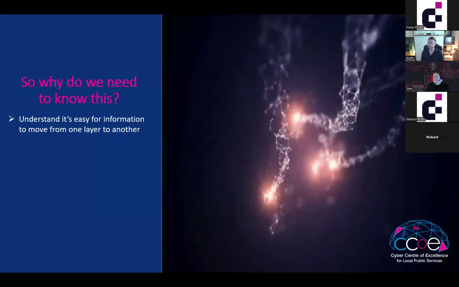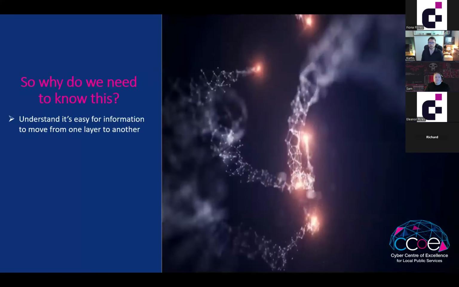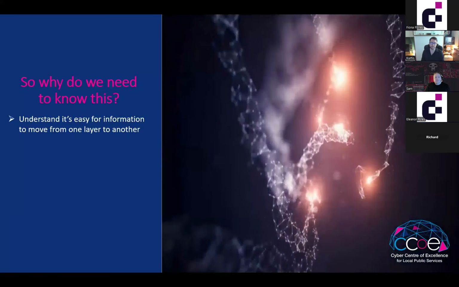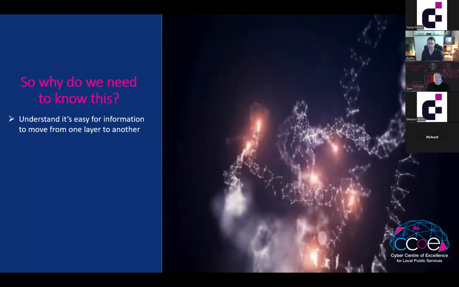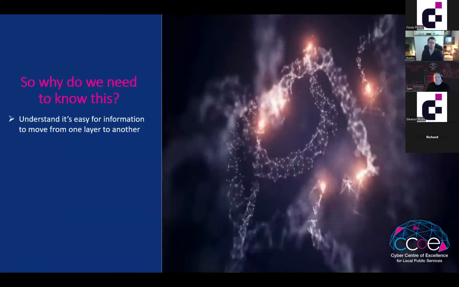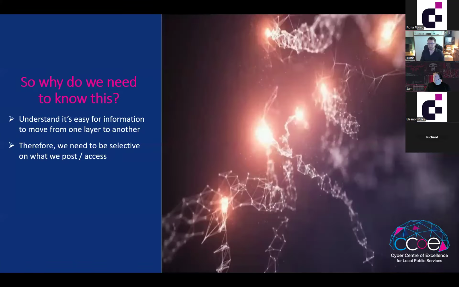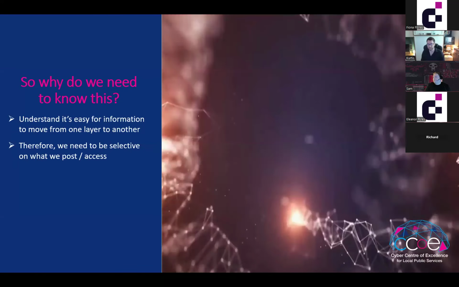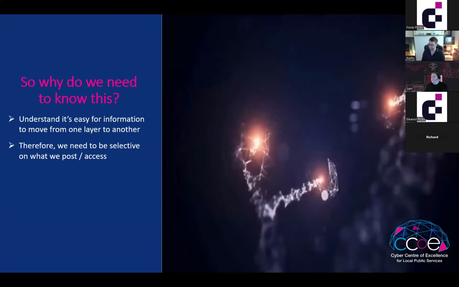So why do we need to know this? We need to understand that it's very, very easy for information to move from one layer to another. In that same way, if you had a box of carrots in a supermarket, you could pass it to somebody to take to the staff room, and the staff person could put it outside their back door, and it goes into the van. It is not really much more complicated than that. It's just a case of where the layers are and what they can do with that. It's not very much they can do with a box of carrots, but it depends on how innovative and determined they're going to be with it.